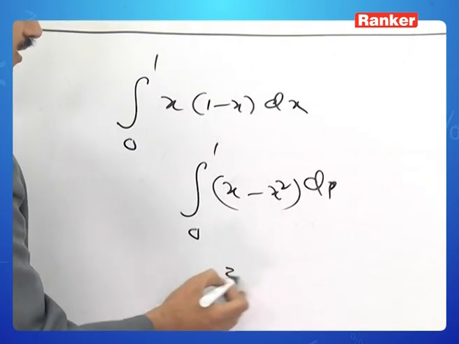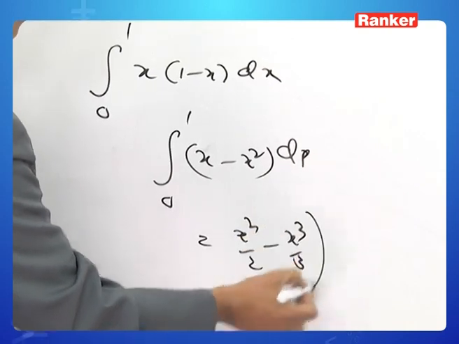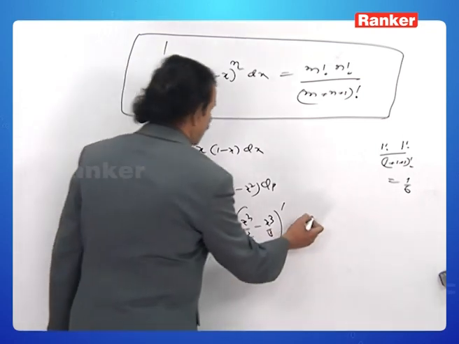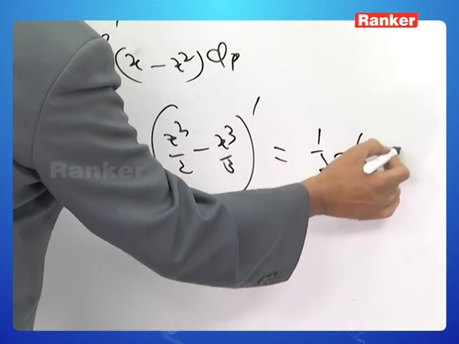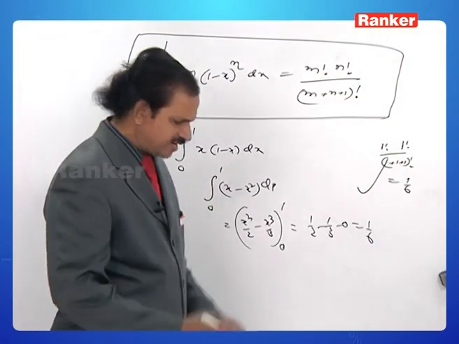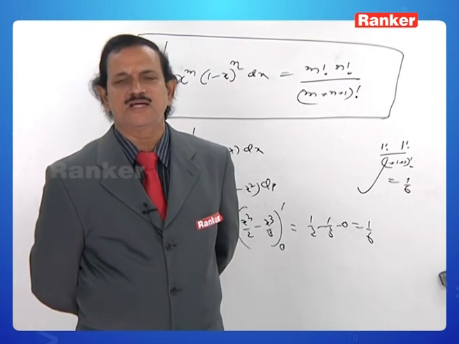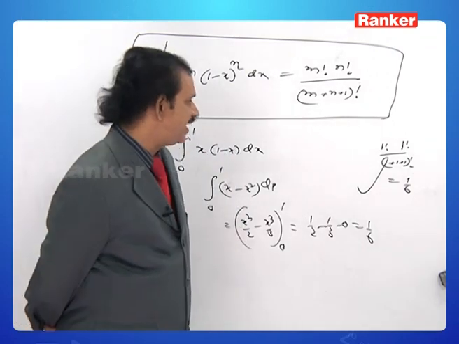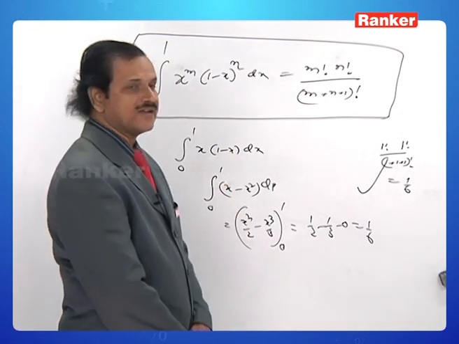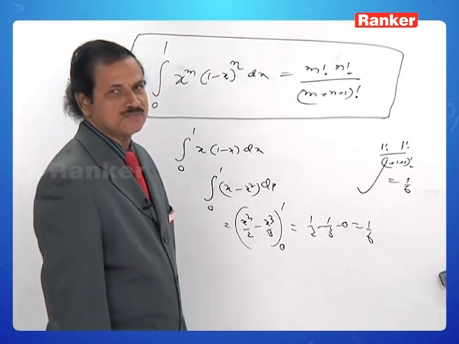For x, the answer is x square by 2. For x square, it is x cube by 3. Between the limits 0 and 1, you substitute 1: 1 by 2 minus 1 by 3 minus 0 is just nothing but 1 by 6. Hence the formula is absolutely correct. It has been verified with this simple example. Hence the formula m factorial into n factorial by m plus n plus 1 factorial is one of the standard